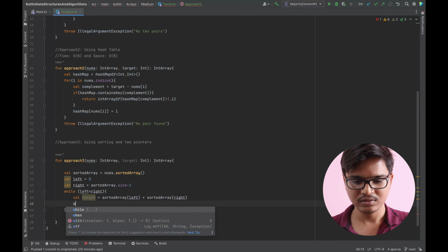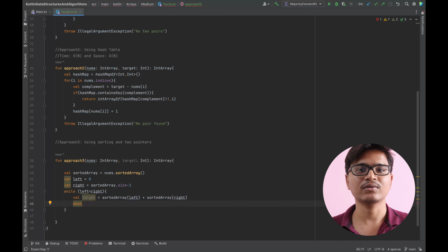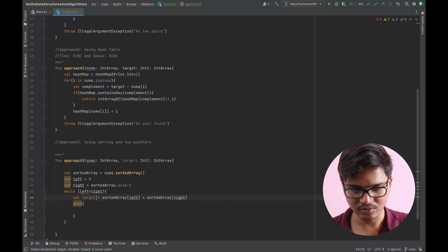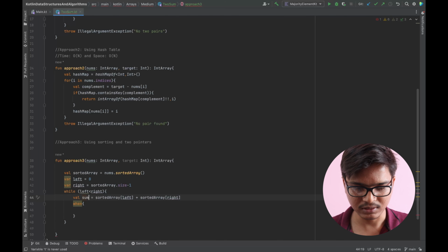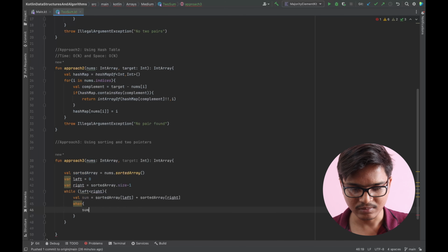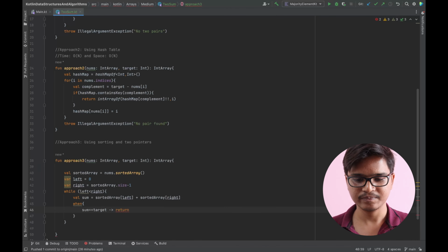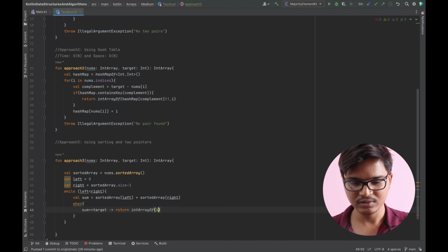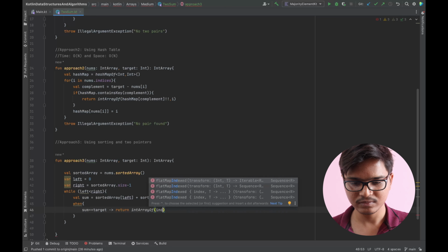Let's name this as sum, so that it will not collide with the input parameter target we have given here. When sum equals target, then we have found our required answer. So we will return an int array of index of